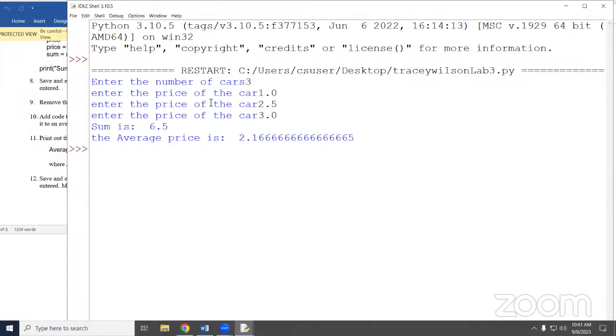Okay. Now, did I format my print where it only had 2 decimal places? No, not a requirement for this particular one. If you want to go back and look inside books and get the print formatting and do that, feel free. Never hurts to start practicing those things because you will eventually need them. But right now, I don't think this lab requires that.